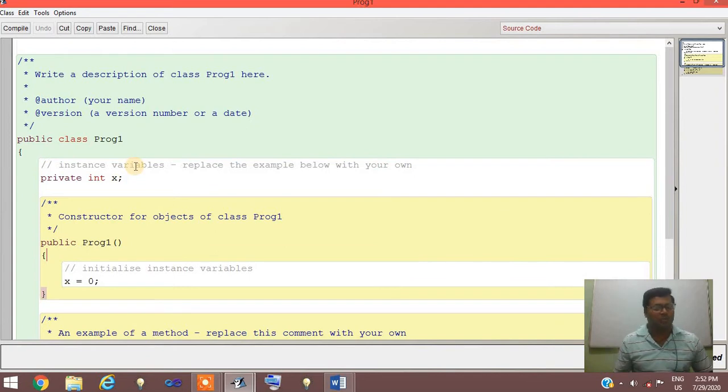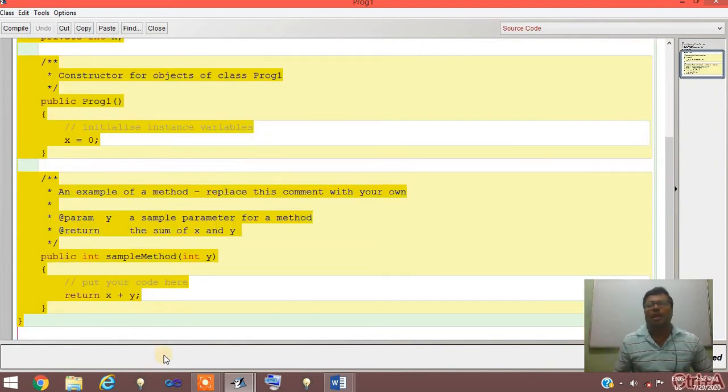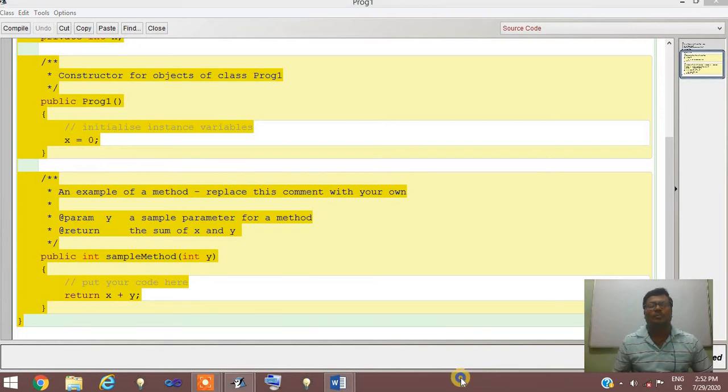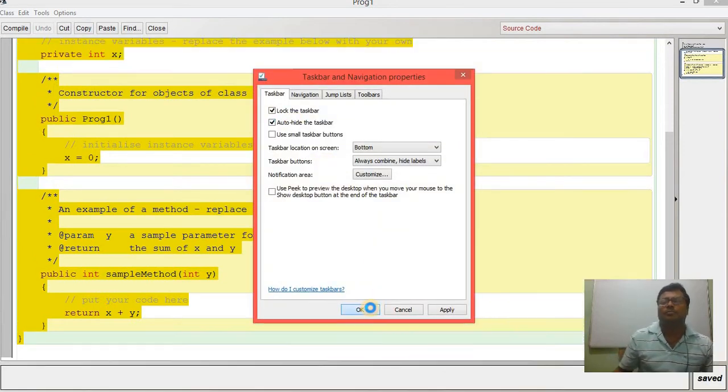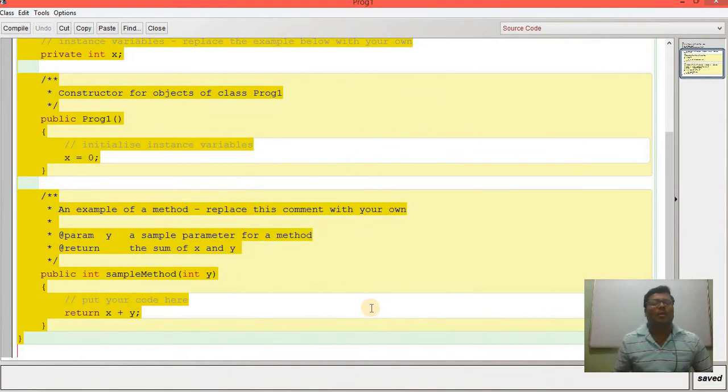Here you select all by pressing Ctrl A, and after pressing Ctrl A you will get the selection.